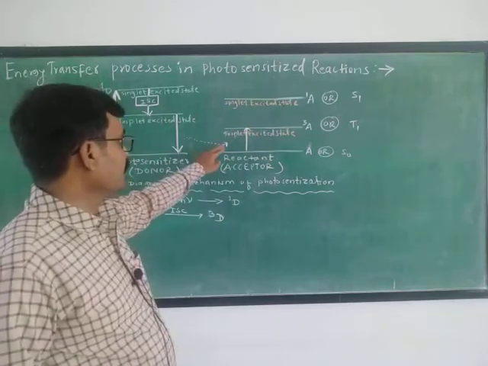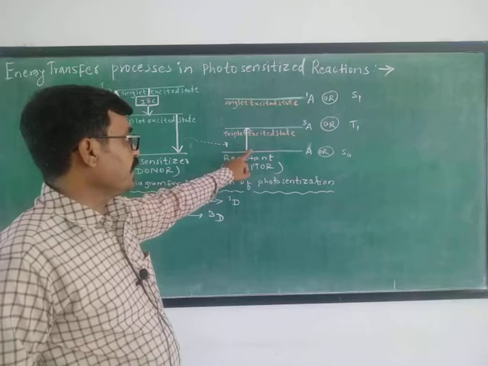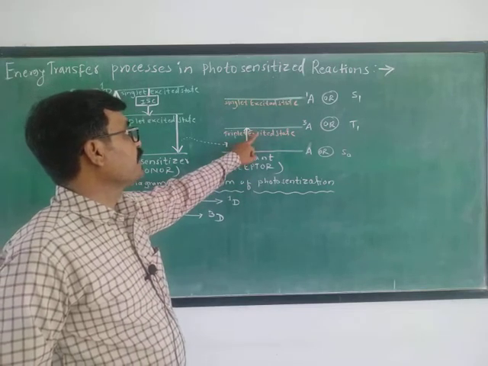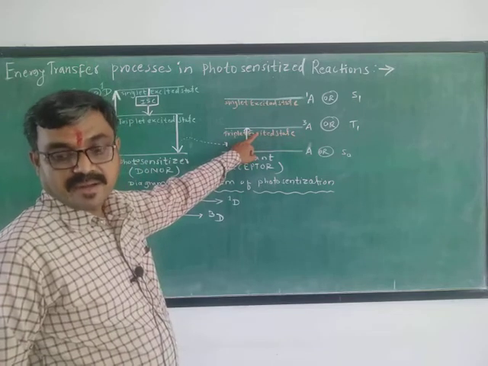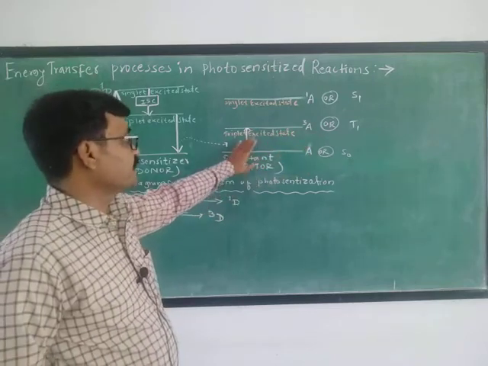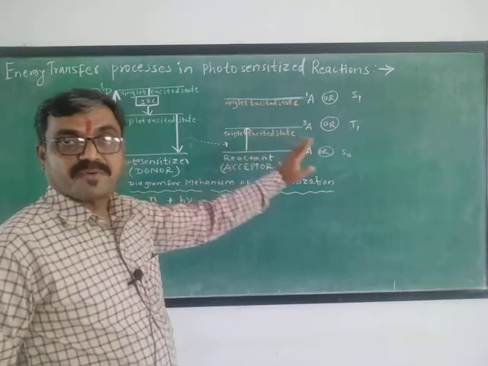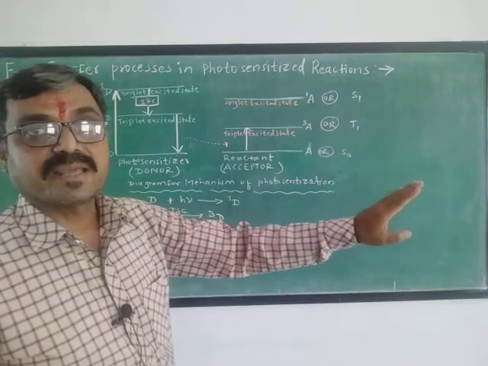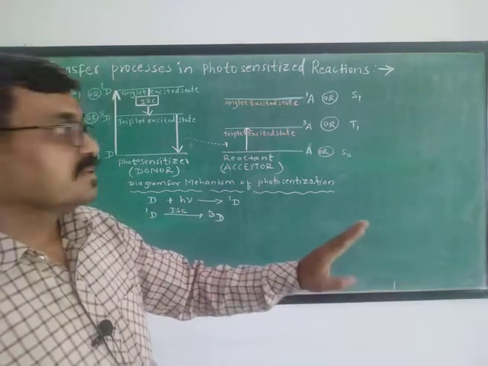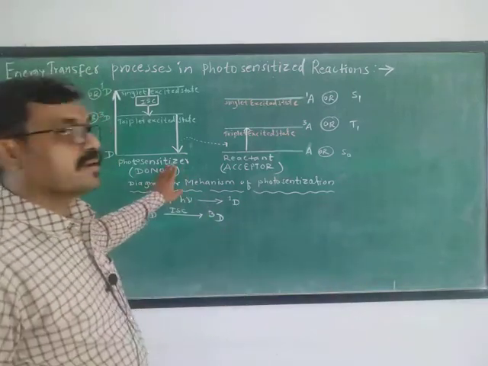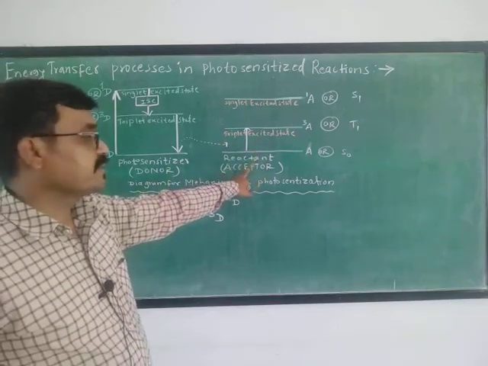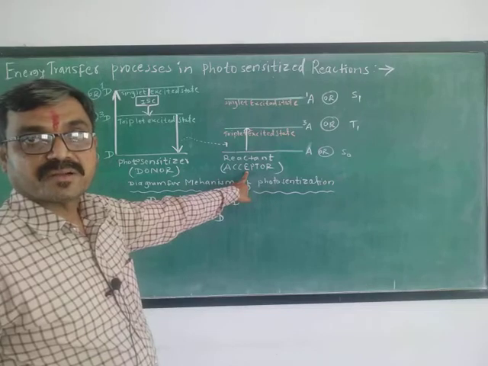After collision with the reactant A, the reactant A goes from its ground state to its triplet excited state, and if the triplet excited state of this acceptor carries out the photochemical reaction, then such reactions are photosensitized reactions. Contrarily, if the donor carries out the photochemical reaction, then A, that is the reactant, is called a quencher, and the reaction